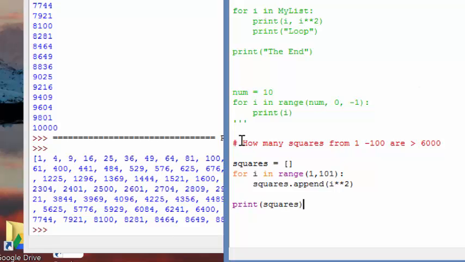But it still hasn't got me to my answer. How many squares from 1 to 100 are greater than 6,000? Let's iterate through it and look. So now, instead of a loop with range where I know I'm doing it 100 times, I'm going to iterate through the list. So for every item in the list, I'm going to perform an action. So let me say for I, it's okay to use I again, this loop is over, in squares, what do I want to do? I want to test it. If I is greater than 6,000,